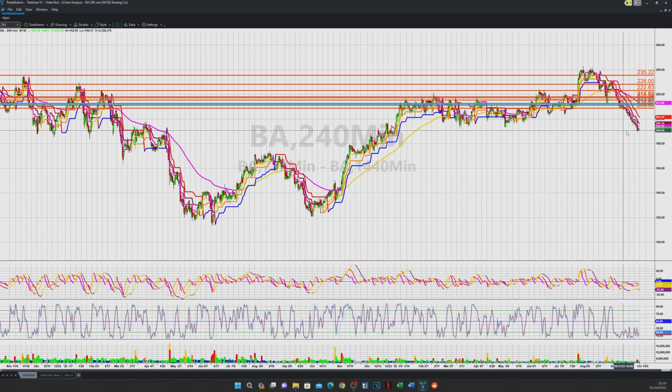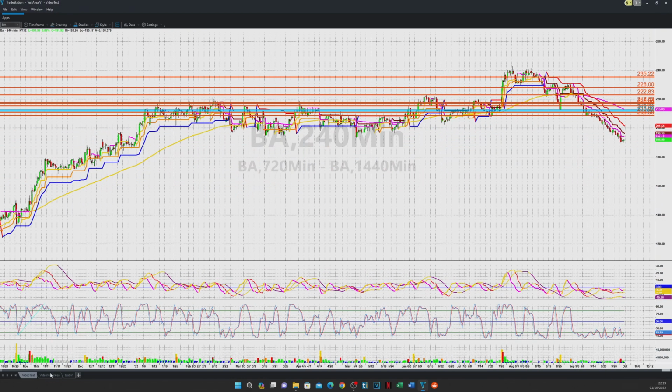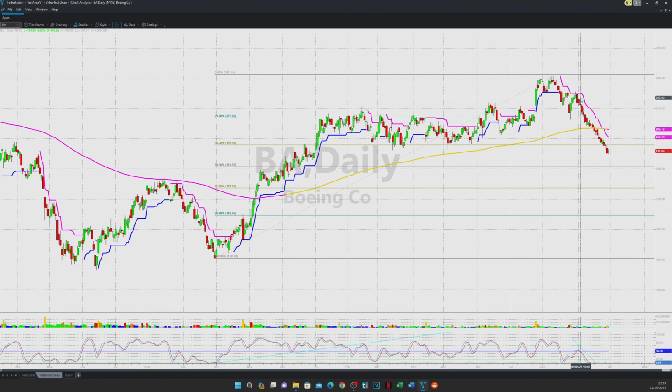I'm biased for the downside. So even if it makes a reversal, because this is a little bit extended, it can make the push for the upside to the 200, even the 202. I don't see it coming to the 208 and then continue lower. So be prepared. You can see how it's extended here on the daily and managed to break all these and